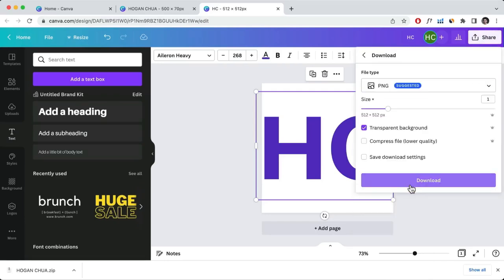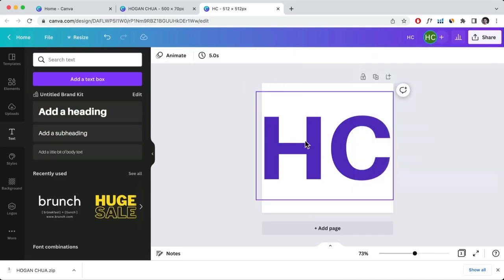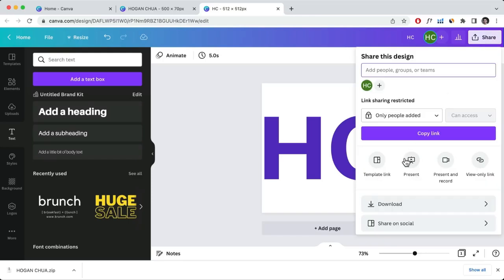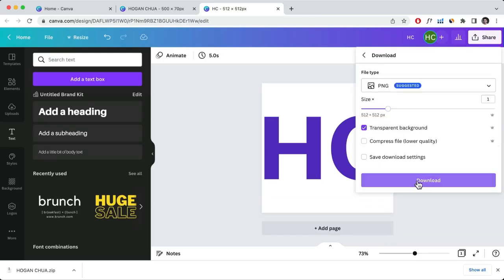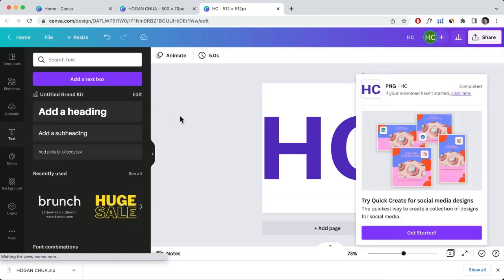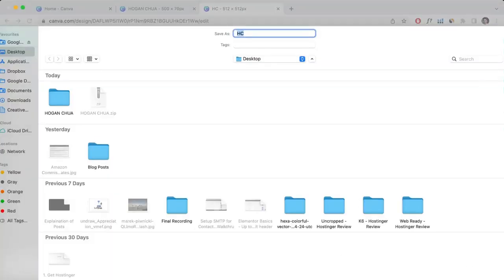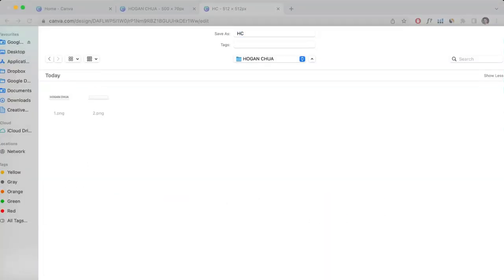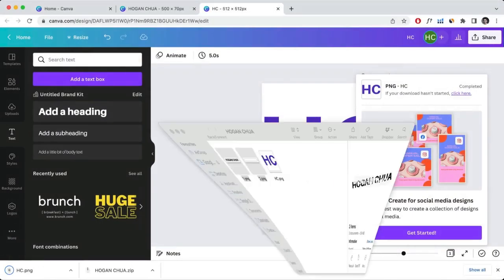transparent background. So this one, you don't really have to put it as a transparent background. If you do want this to be a white background, that's fine as well. But I'm going to do it as a transparent. So I'm going to select transparent and download. So once you've downloaded that to your computer, let's just save it into this folder, save it and come back over our